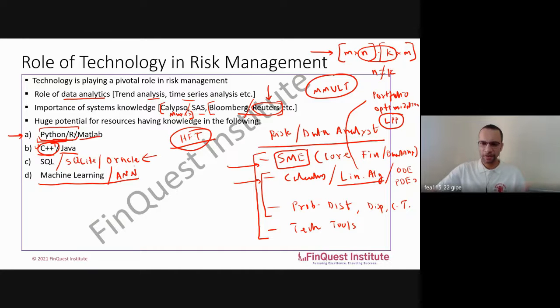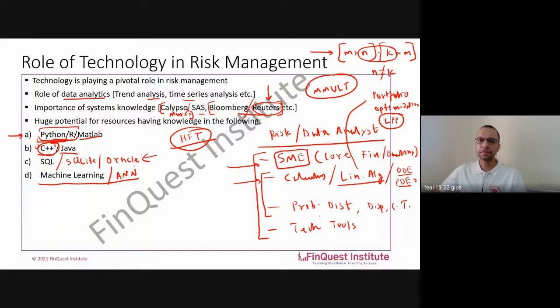Again, you might have studied these things at a certain point in time, so generally try to brush them up. That is something which will be useful. Then differential equations, yes, very, very relevant. We will be talking a bit about differential equations along the way because we'll require them when we study Black-Scholes or even things like geometric Brownian motion, etc. So we'll spend some time understanding ODEs and PDEs.